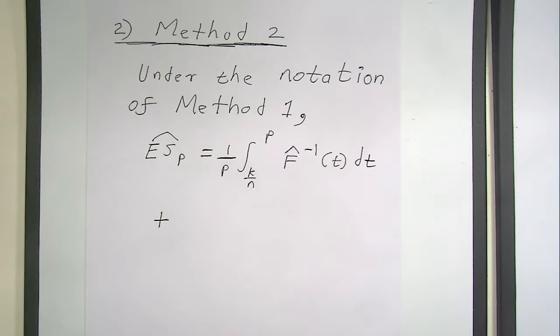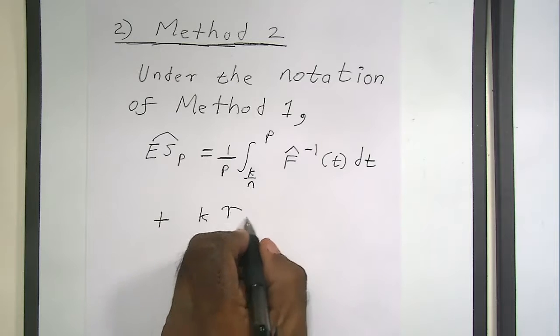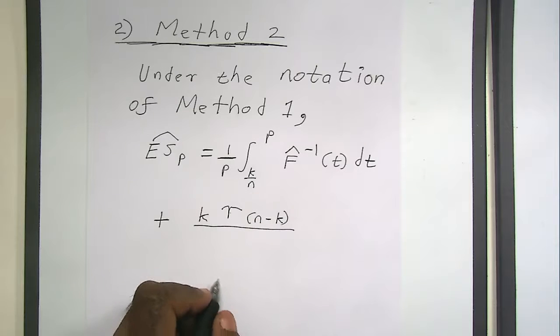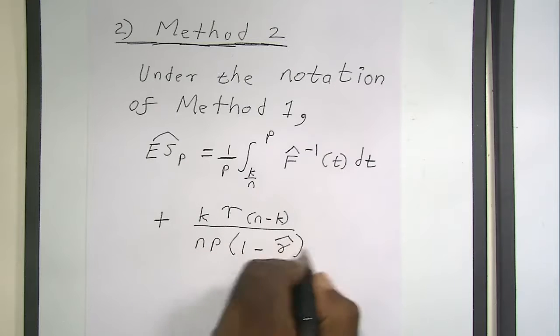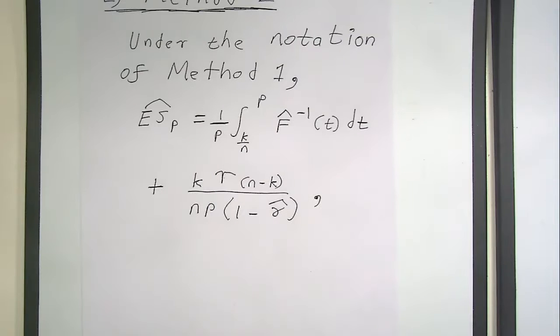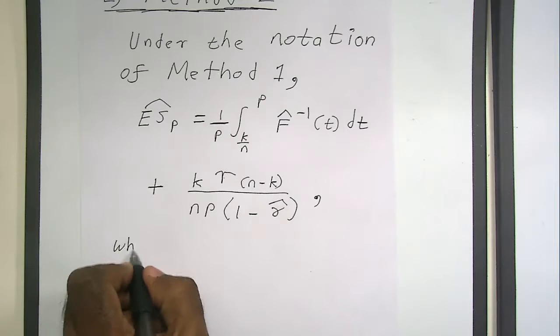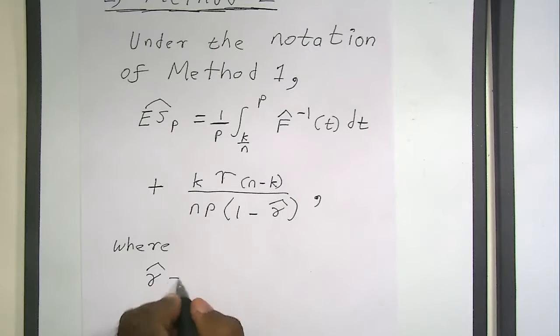Okay, this is the formula for the expected shortfall under the second method, where gamma hat is defined as follows. Gamma hat is 1 over k